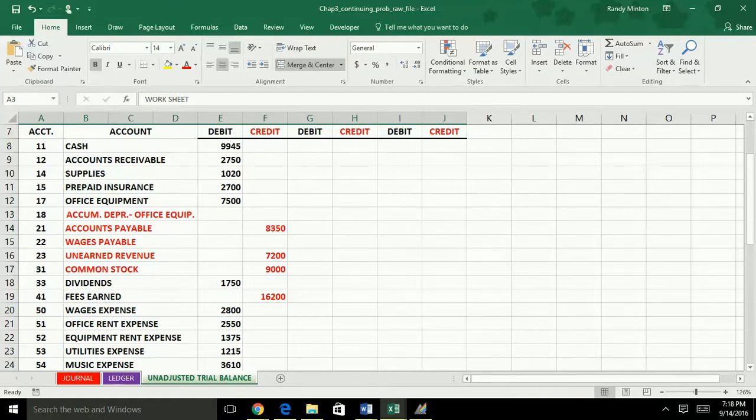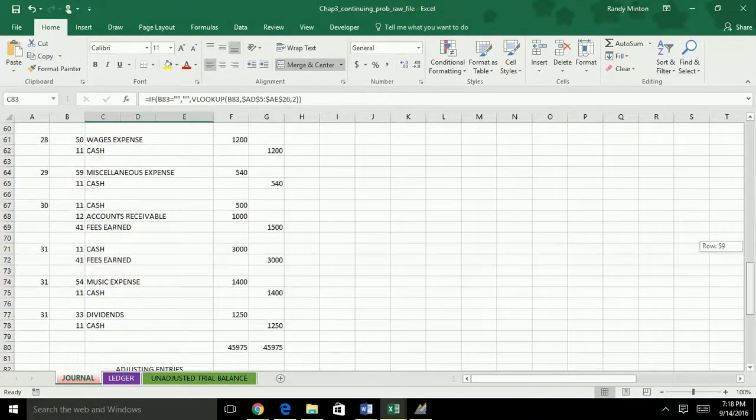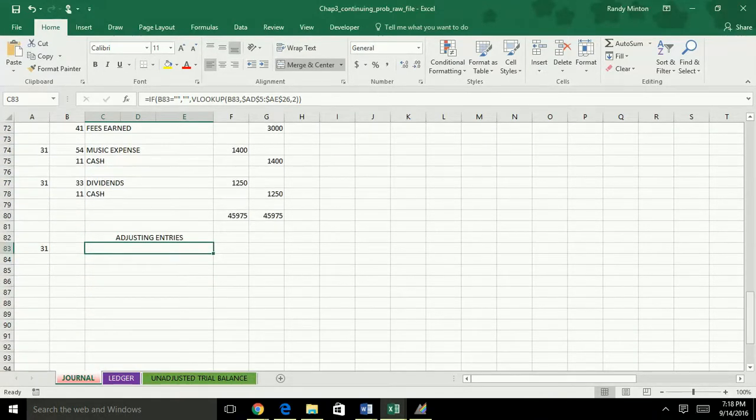So let's go back over to the journal and come down to where I've created an area for adjusting entries, and start working through them, because that's what the instructions tell us to do. They say that we're to prepare adjusting journal entries. You will need the following additional accounts: 18 accumulated depreciation, office equipment; 22 wages payable, 57 insurance expense, and 58